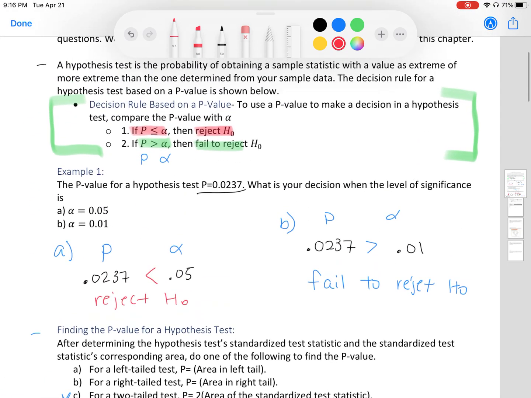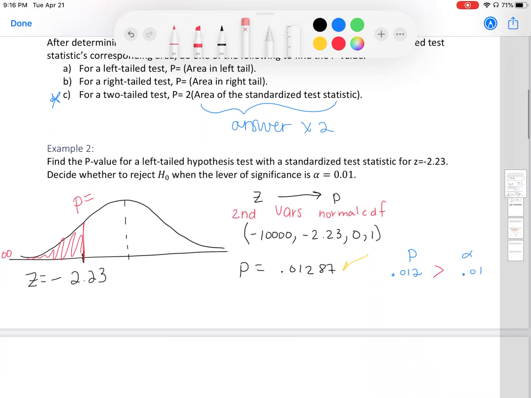A greater than is the second case too, which says fail to reject. So let's go ahead and do that. So the answer is fail to reject your null, your H0. Okay,